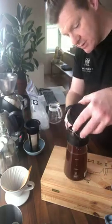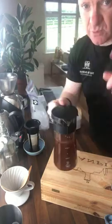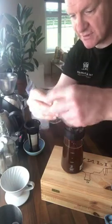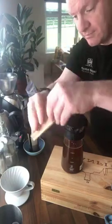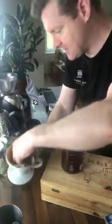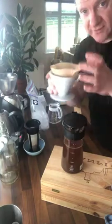And you can pour directly from this, but what I would like to do is actually use one of these paper filters first. Now you don't have to do this. This is probably just next level stuff if you want to. But I think if you were to do it this way and pour through the filter, because what will happen here